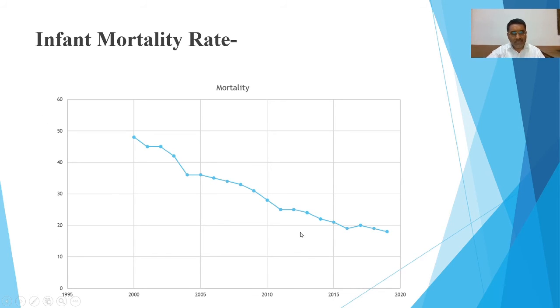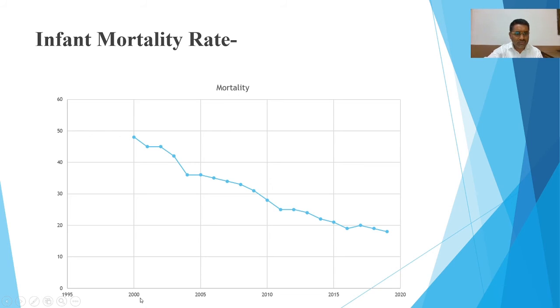I just put this data in Excel format, and I got this graph. It is a very simple method: put the data in Excel, and you can simply get the graph of the mortality of a particular year.